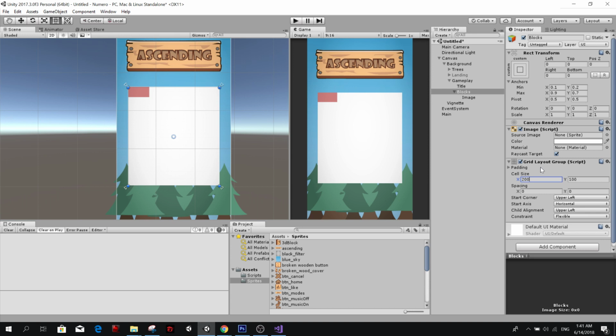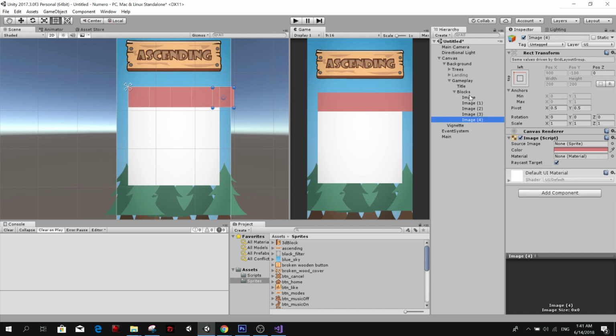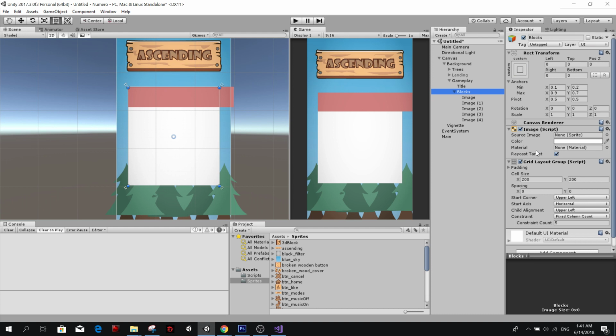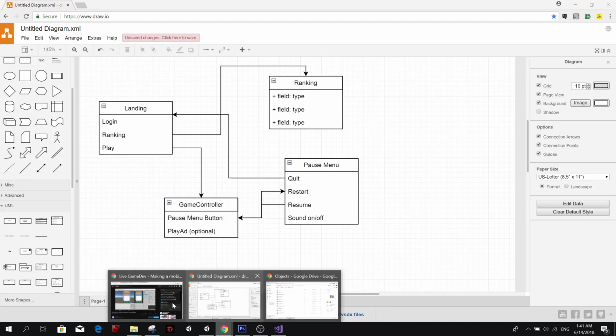Is it too big? 200 times 200, and we're going to have a constraint of fixed column count. It's going to be fixed columns, 5 columns. Let's look at this. It's a little bit too big. So originally I had something like 4 times 5. Did I? Let me see the reference picture.